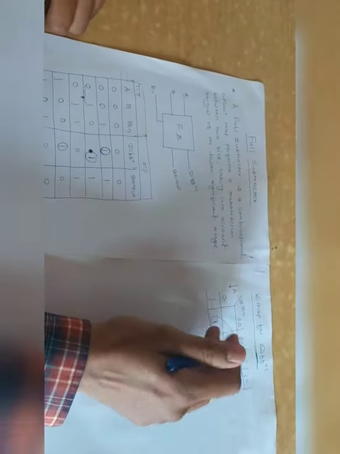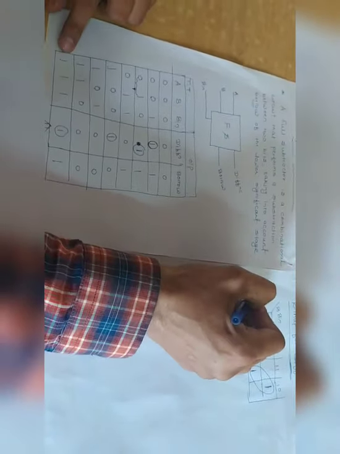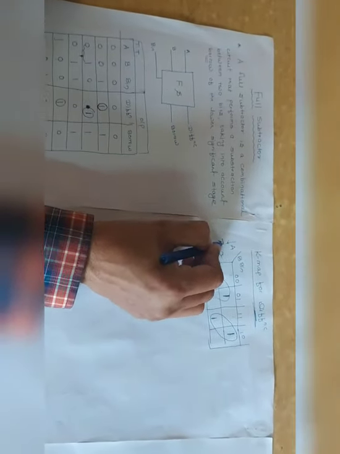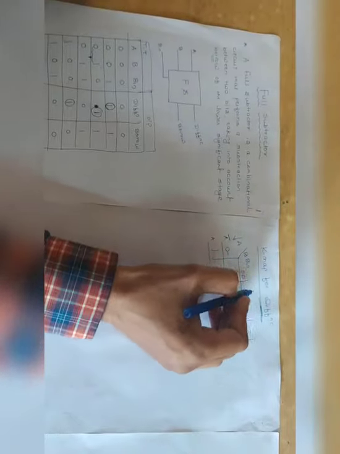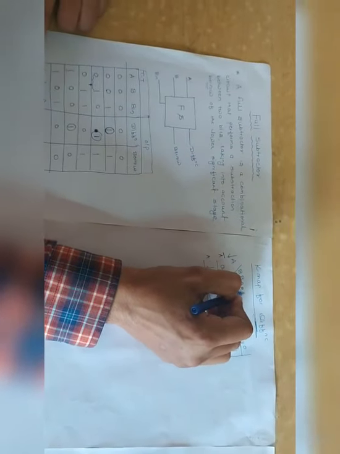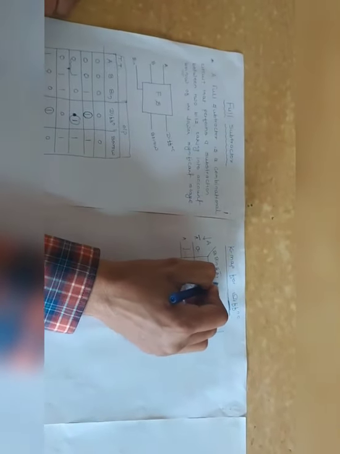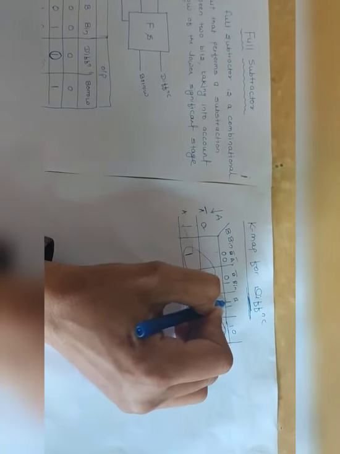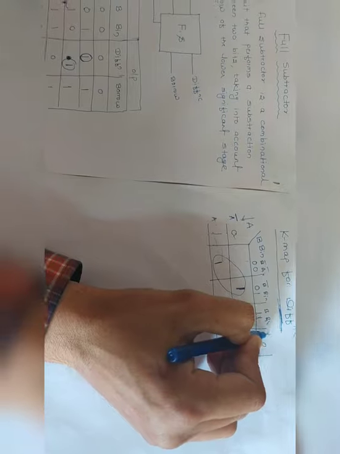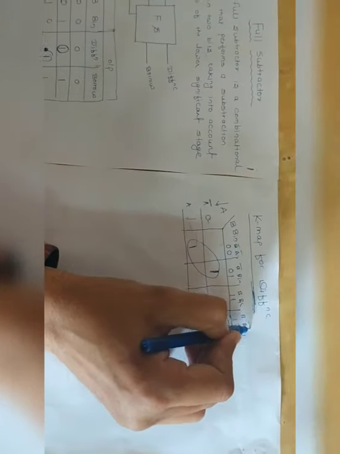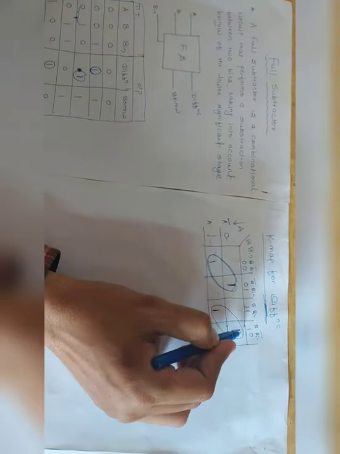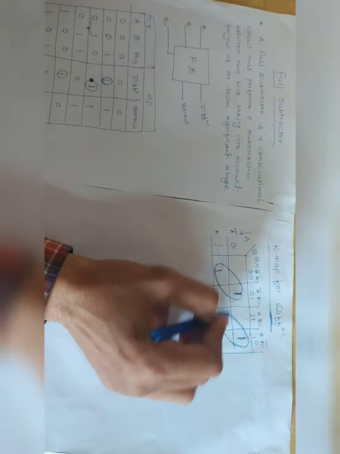It is simply the XOR of all the variables. Now these are the values of A. Here it is 0, so that's why I'm taking the bar. I'm considering the SOP equation. These are the values of B in. 0 is 0 bar, B bar, B in, right? So here is my B, and this is 1, this is my B in, right? Here is my B, here is my B in bar. I'm just considering the diagonal grouping, and everyone knows you can go through the single bit grouping also.